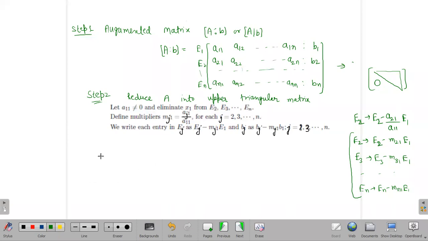Okay, so now it will reduce the matrix. After applying these n minus 1 operations, because here j is equal to 2 to n, so these are n minus 1 operations. This will reduce the matrix into